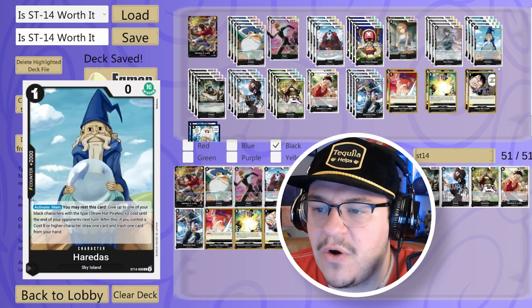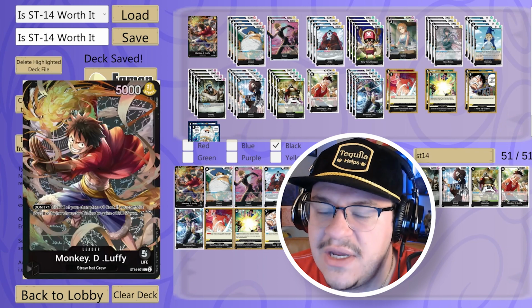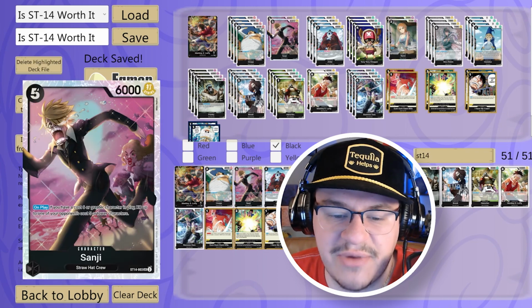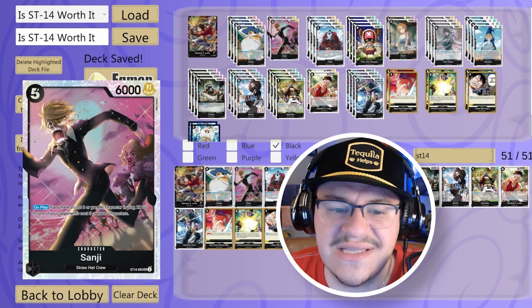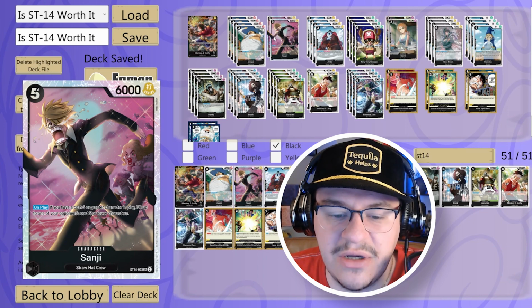If not, there are some other characters in here that would work. If you have your Brook or your Franky on the field and your leader effect active, or your Zoro on the field and you played this Sanji, you would get to pop a 5 or lower. So I do think this is not a bad card. I don't think it's amazing, but popping a 5 is pretty good. I could see this put into some other decks, maybe, but